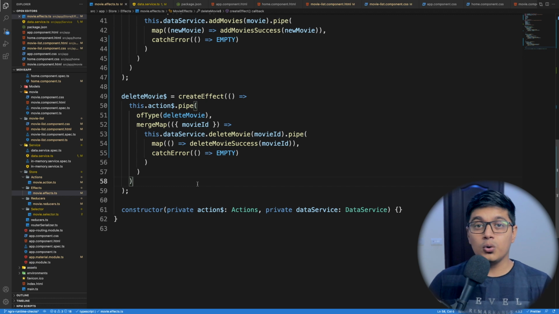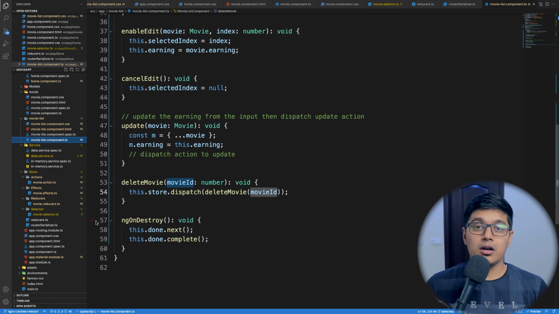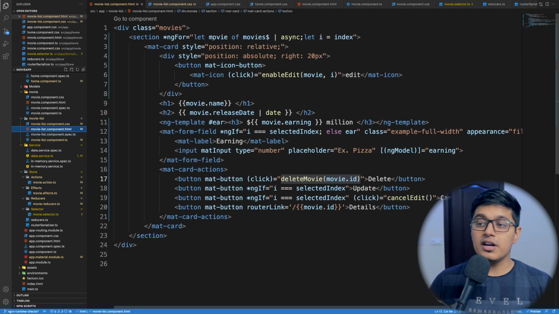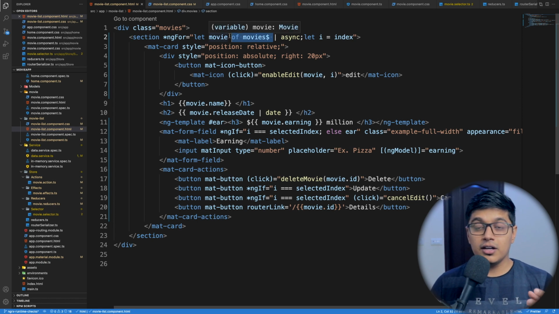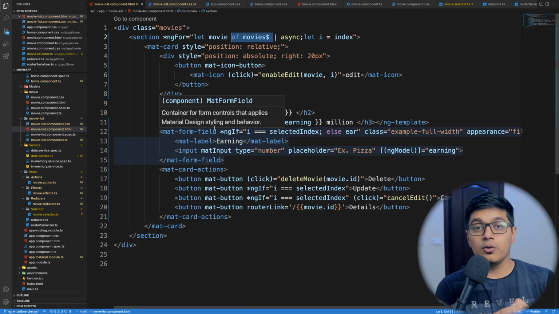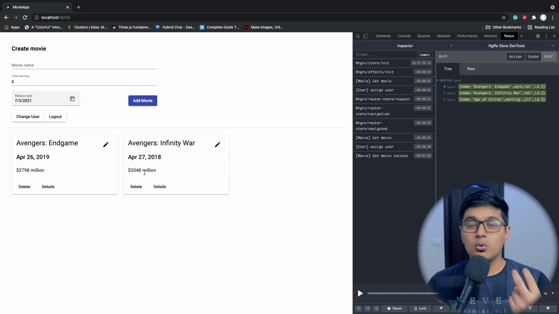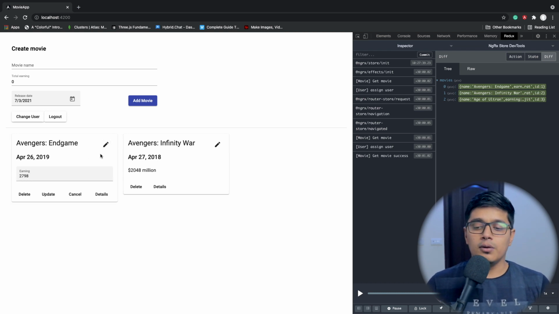And now we'll see how to update a record, and it's a little different, and the reason is all our state data is immutable. So here you can see that we are iterating through the data which we are getting from our state, and that is immutable. In lots of scenarios, if you're iterating through a table, there is a requirement that we should be able to directly edit where you are rendering. So if you don't want to go to a next page or open a modal just to edit that particular record, I will show you two approaches to do that. The first one is how I'm doing it here, and the other one I will show you a little later.